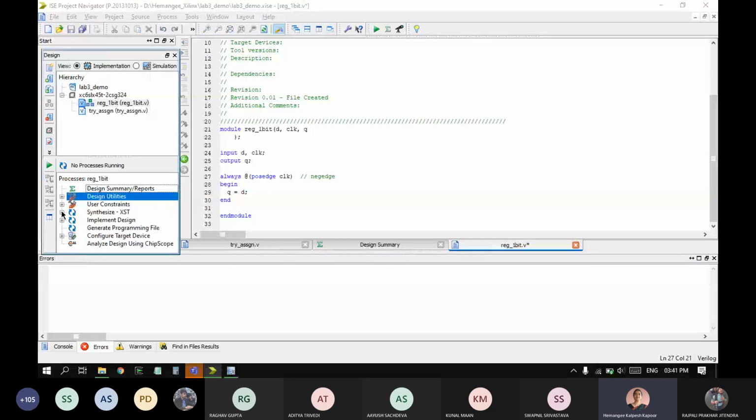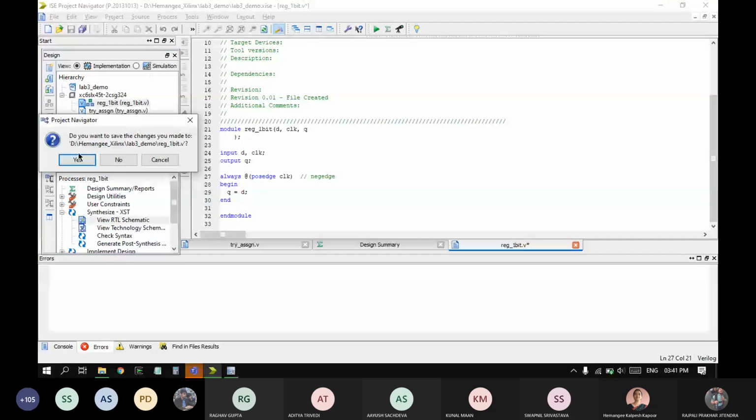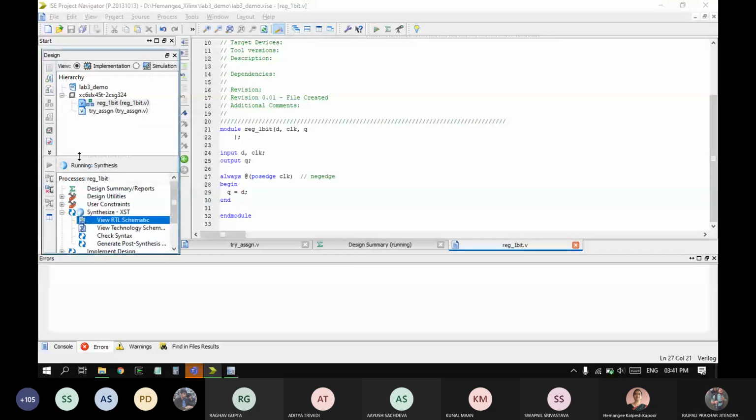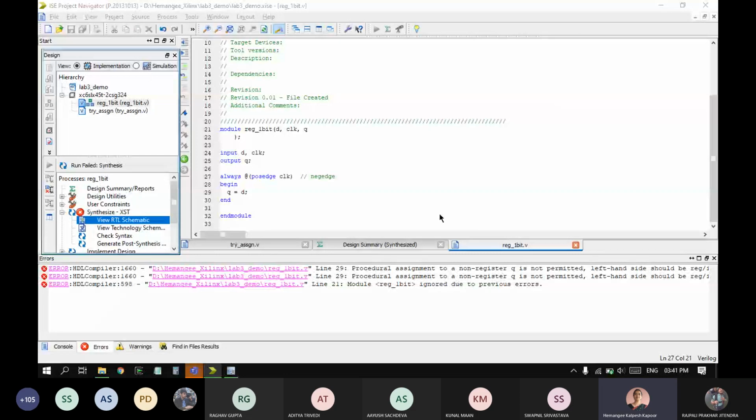View RTL schematic. Okay, something went wrong. I have to declare Q as a register, because this is a procedural assignment. If it was using an assign statement and not an always statement, I could have written the code as it is, because the Q would be synthesized as a wire.